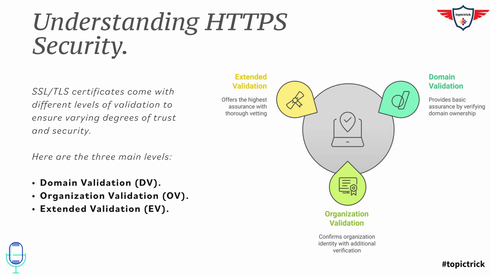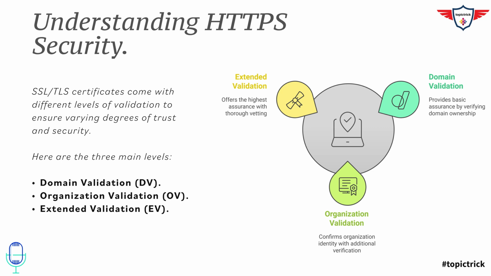Now, if you step up to organization validation or OV certificates, things get a bit more rigorous. Oh, so OV certificates require the website owner to provide documentation to prove their organization's identity and legitimacy. They go beyond just verifying the domain name and actually look at the company behind the site. So it's like checking their business license to make sure they're a real company. That's a good analogy. OV certificates provide a higher level of trust because they confirm that the website is run